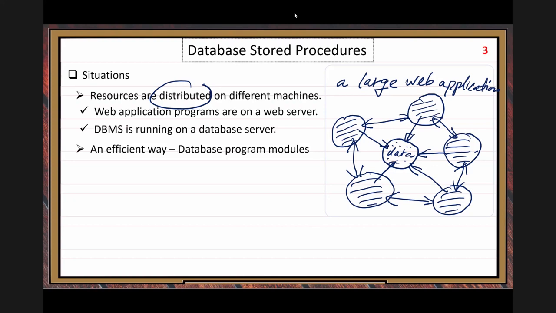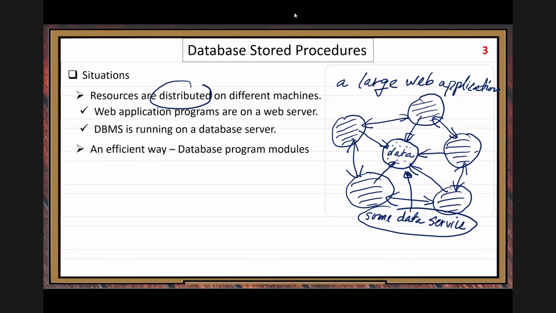Let's consider one specific data service, very special and very important, that you need to run in your database server. Then you have many different ways to do data services. One way is to use a stored procedure.